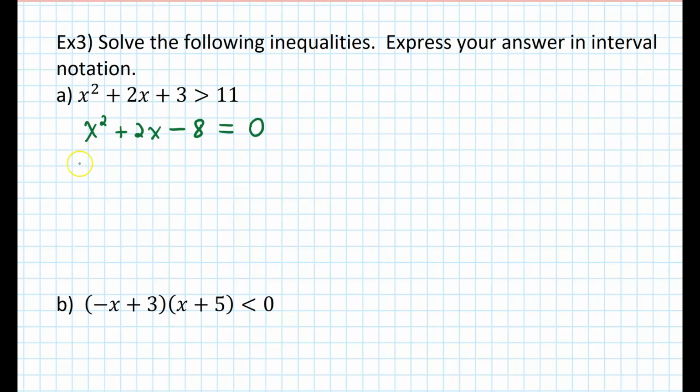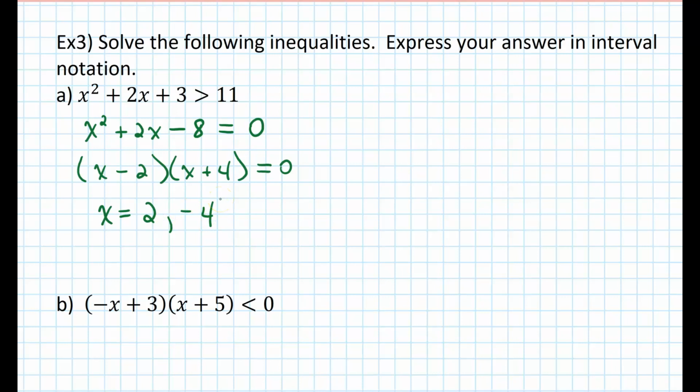Right. Anybody already have it factored? X minus 2, x plus 4. X minus 2, x plus 4 equals 0. So my 2 zeros are going to be 2 and negative 4. All right,